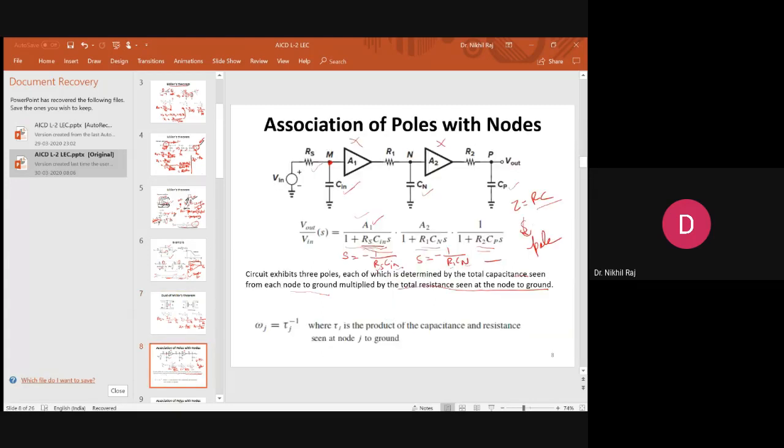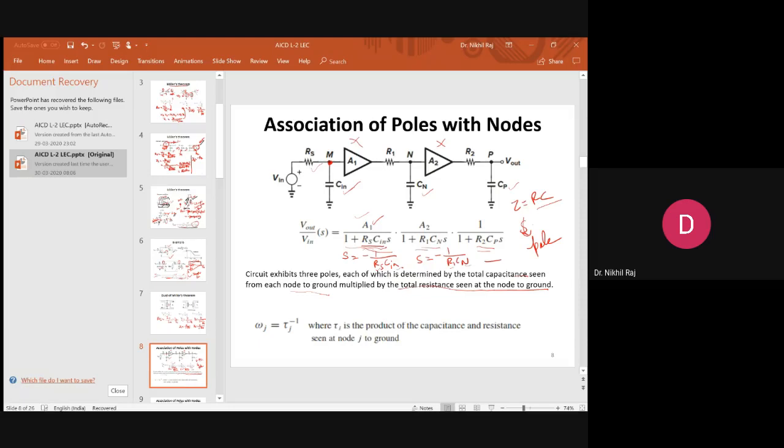Now coming to the main part: whenever there is a capacitance and an equivalent resistance in parallel, we can compute the RC time constant at that particular node. When we calculate the RC time constant, what does that mean? It means that we are estimating the pole of that particular point. Like you have studied in control systems, where you have gone through pole and zero analysis. What is the role of the location of poles? It describes the stability of the system.